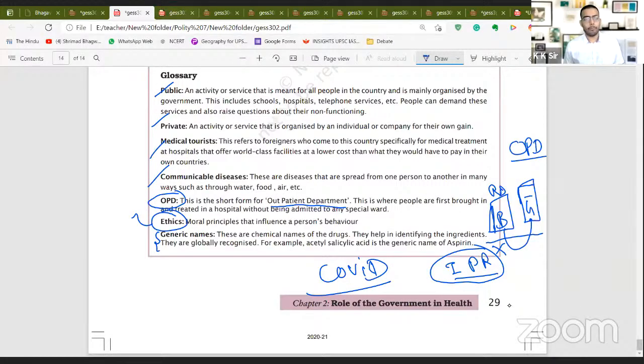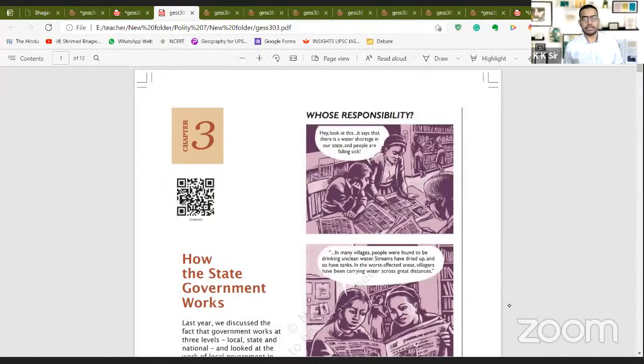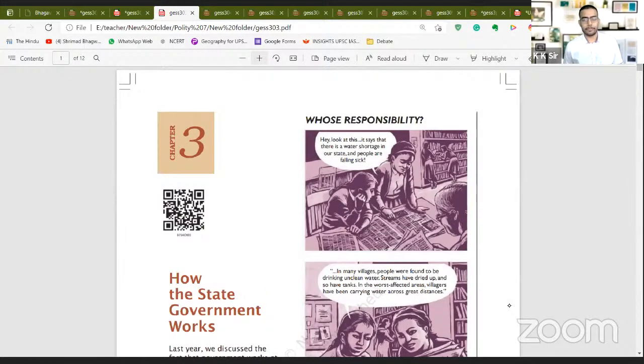We have covered the first two chapters and now we will try to finish this book. Probably, hopefully, if we can, we will try to go into the class 8th NCERT too. I'm trying to finish all these things as soon as possible. Come on, less nonsense, more work. If anybody has anything to ask in whatever I've taught,